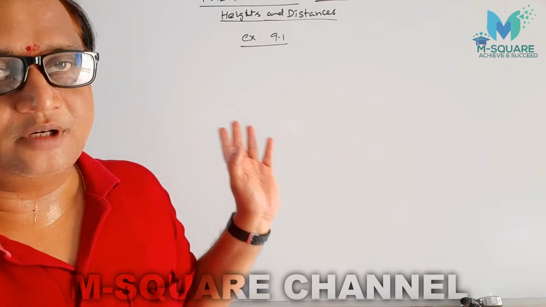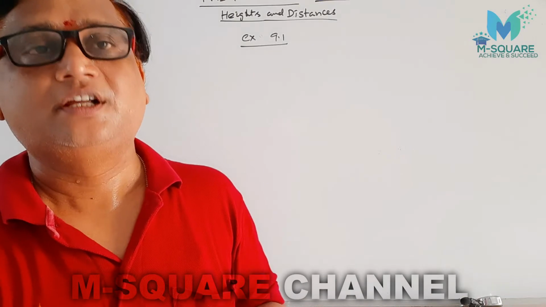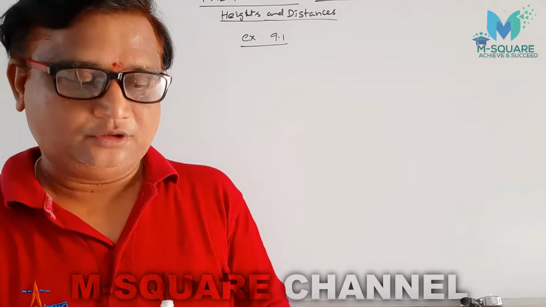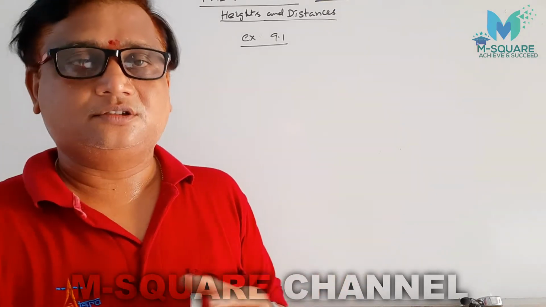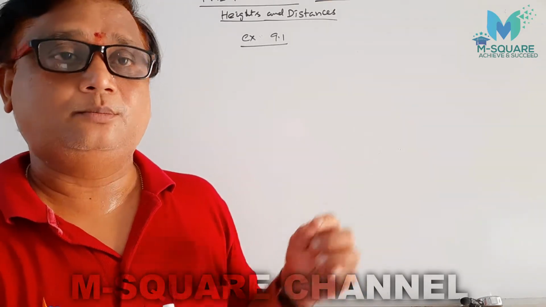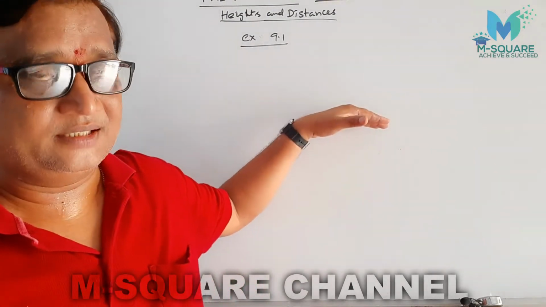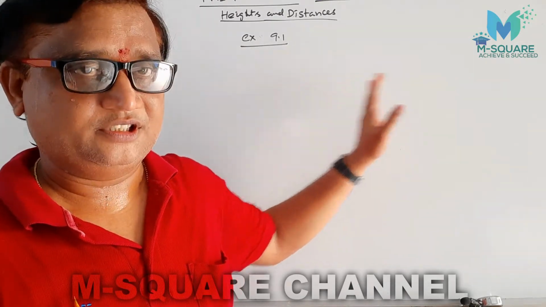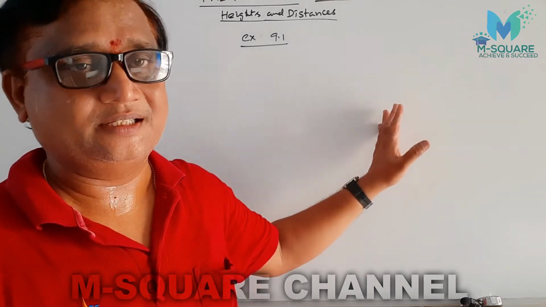Most probably our questions are based on trigonometry, the tangent. We are going to take the help of tan or cot. In the first question we are taking the help of sine or cos. Not only that, sir, in most of the questions it is tan only, because we take the height of the pillar and the adjacent side, which is the distance between the observer and the pillar or tower. The height of the tower is the opposite side, and the distance is the adjacent side.